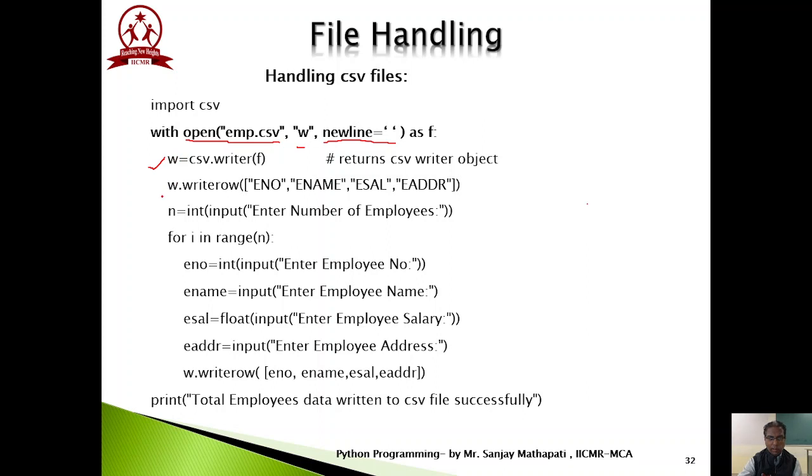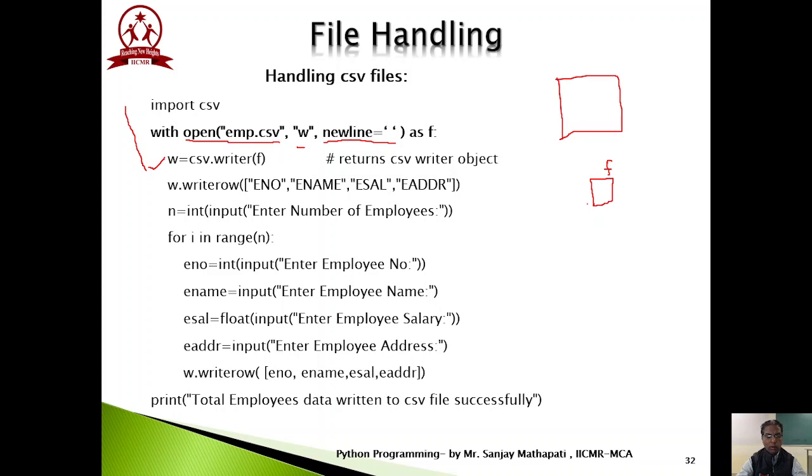The file object is first sent to the writer object, and the writer object is responsible for writing everything inside the file. So there is a mediator, the CSV writer. Let's first discuss the first three lines and check whether this gets executed.